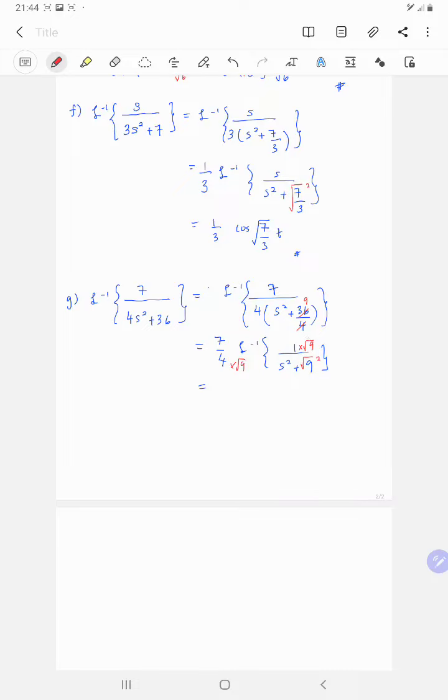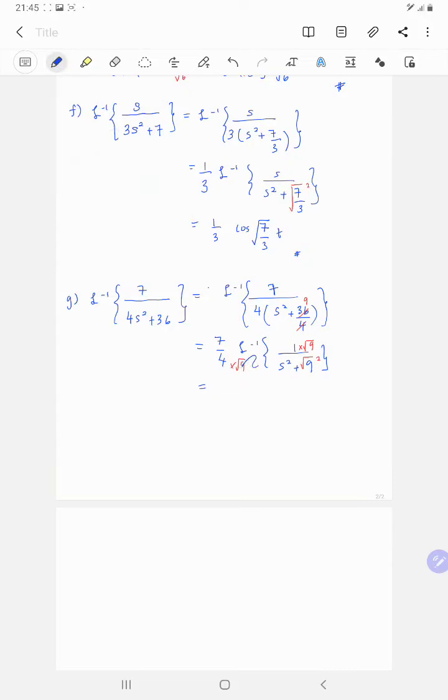Okay, so if you put square root 9 at the upper, you must divide by square root 9 also, so that it is the same as the original. Okay, so the whole is, what you get,